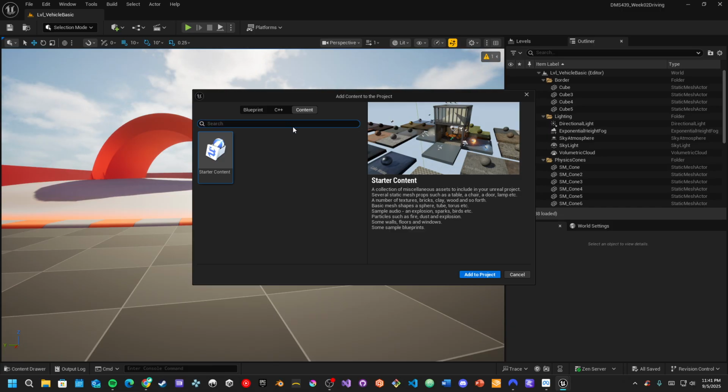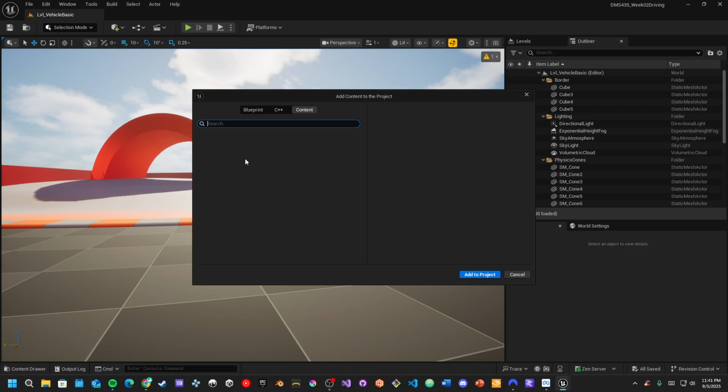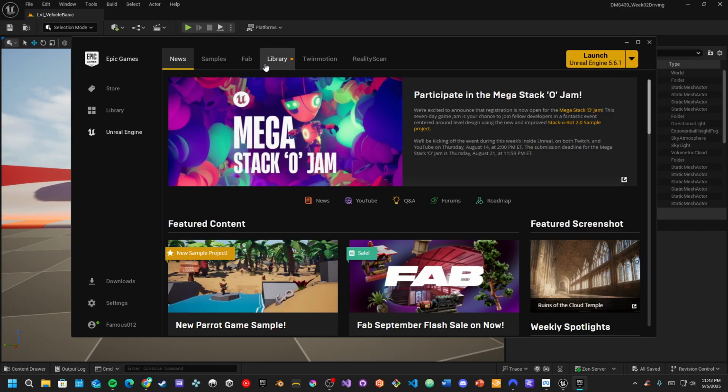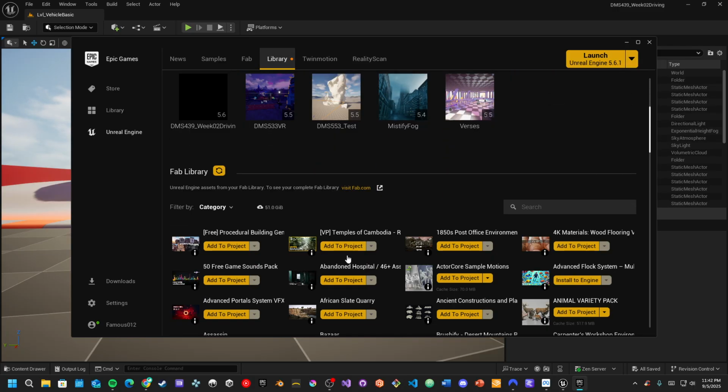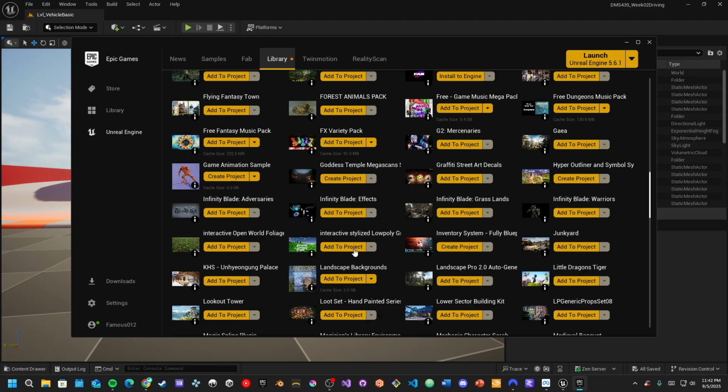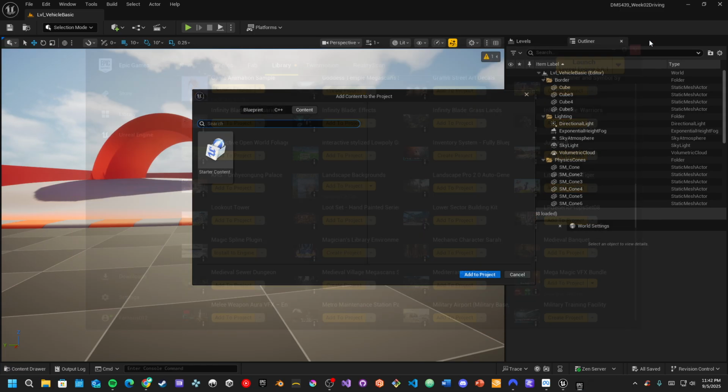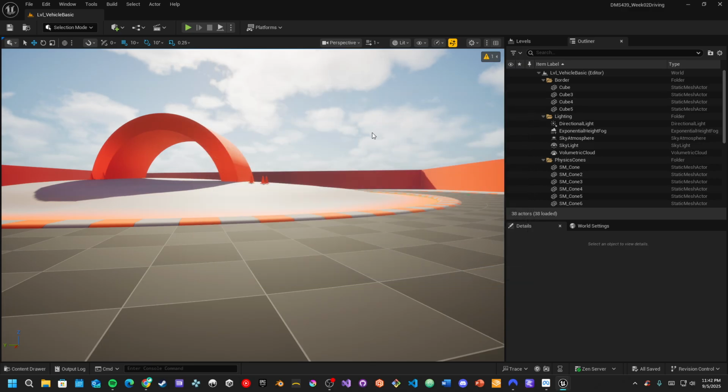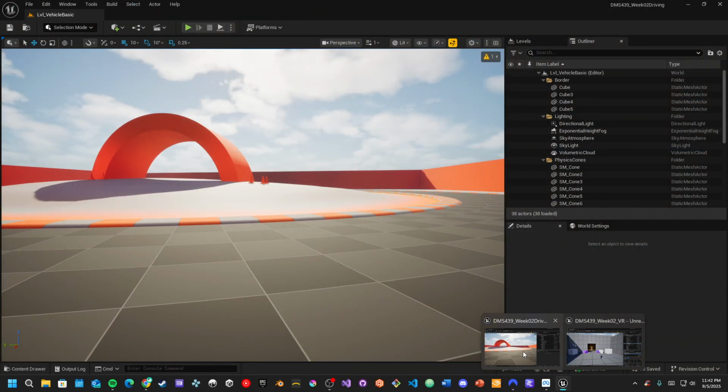And the reason why I'm doing it a different way is because we can see this only lets us do so much stuff. I think the rest of our content is supposed to show up here, but it doesn't. All the content we have in the Epic store, which would be for me all these different project packs. But I don't know why it didn't show up there. Either way, to get the VR project into this vehicle project, what we're going to do is that if you have both projects open, which I do,